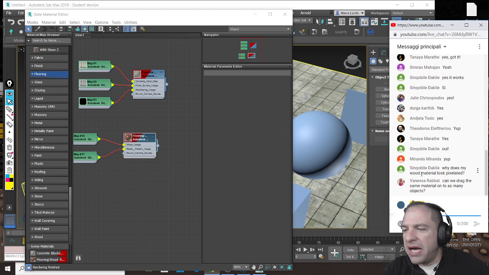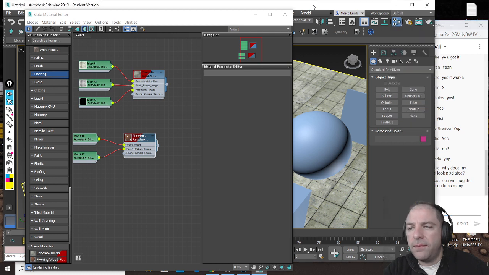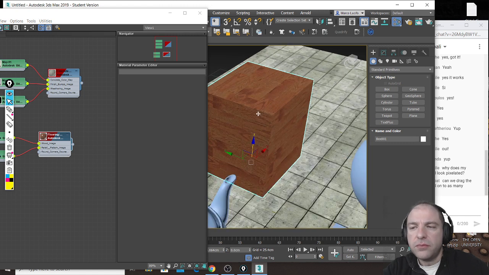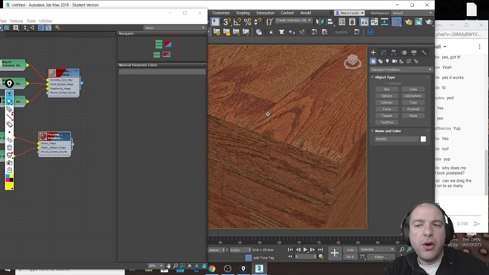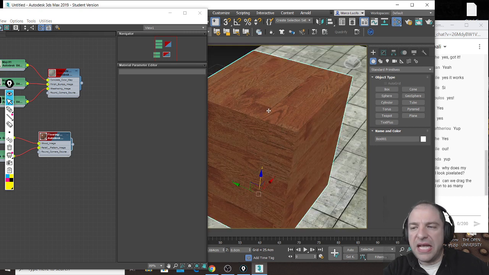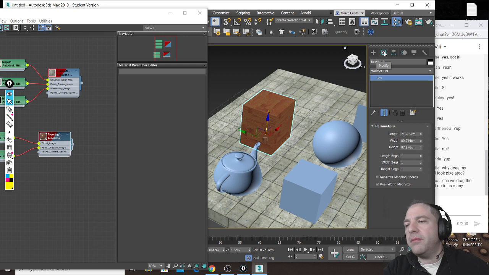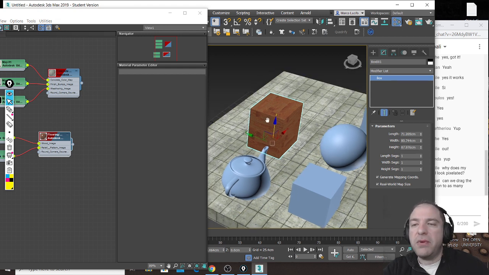So why does my wood material look pixelated? Question number one. The answer for this question should be this one. What you have to do is select the object where you have applied the material first. And then you need to check the dimensions of your object in the Modify tab. Dimensions must be realistic. What does it mean? It means that